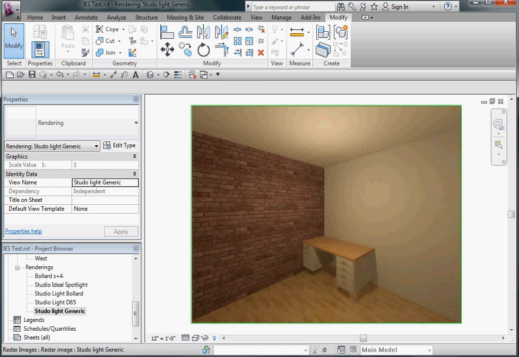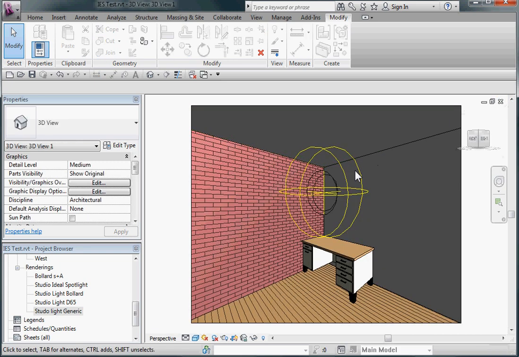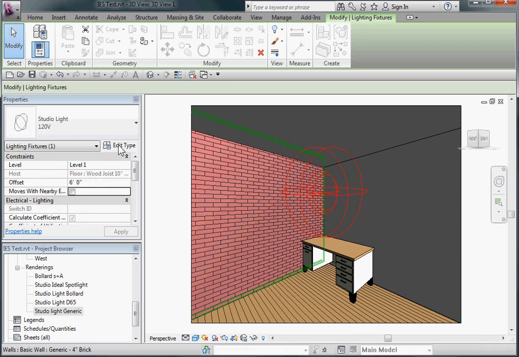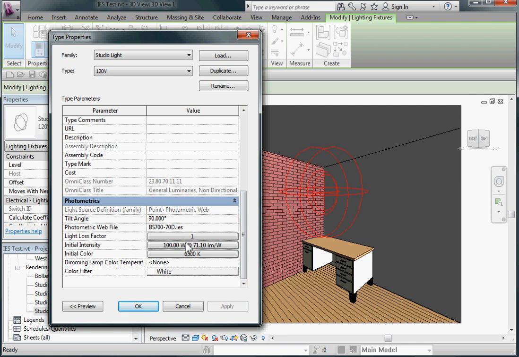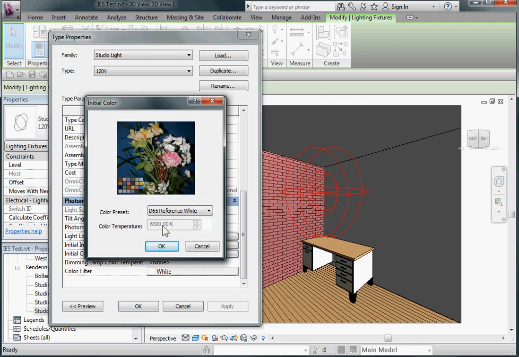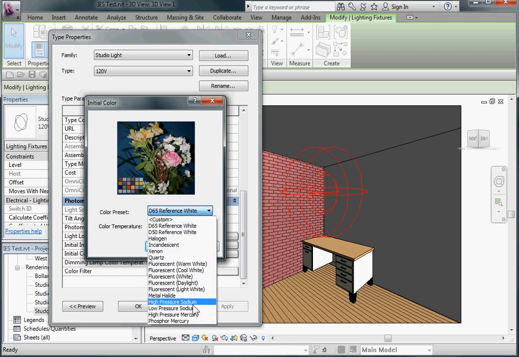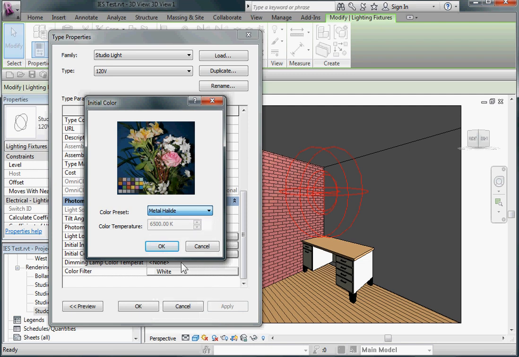So first, let's talk about getting the right quality of light in there. I'm going to click this family and go to type properties, and if we scroll down here you'll notice you can set light loss factor and intensity of the light. You can also set initial color, and what I've already done here is set it to 6500K. That first rendering was actually at 4000K, which is degrees Kelvin for those of you in the know. You can see that the picture is much cleaner, much lighter. The original one, like I said, was set to a metal halide light for that studio light,